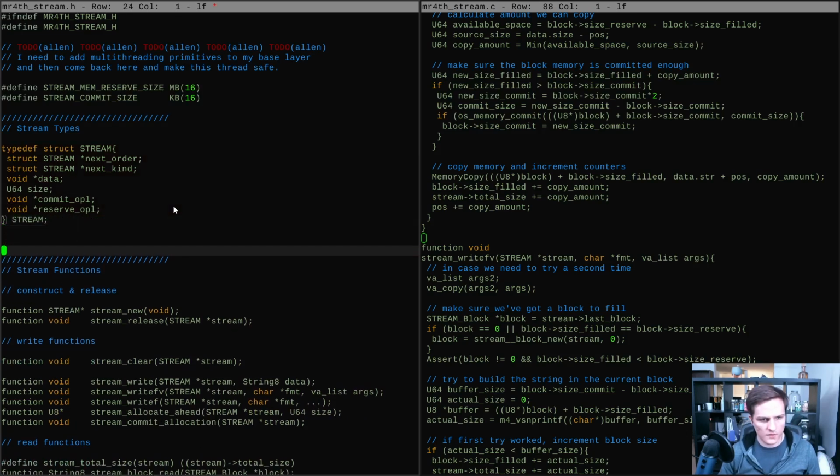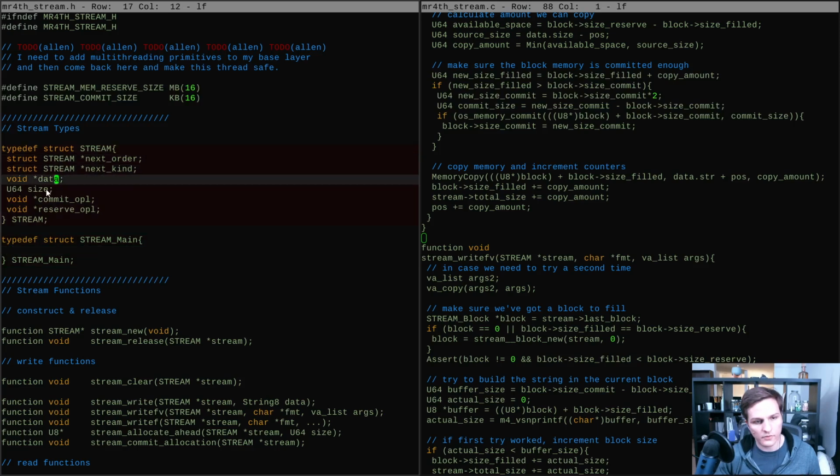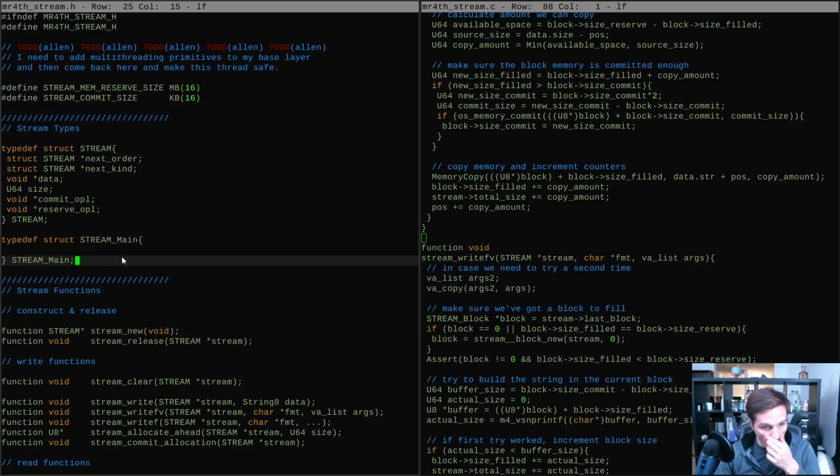Okay, so I am going to use a second type. And it's going to be a little bigger. So a node is 1, 2, 3, 4, 5, 6, but some block nodes are much bigger, and so they have space for more, and some block nodes will have this whenever they're created by this stream new directly. And that will look like